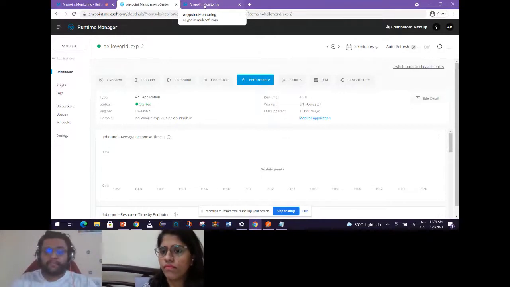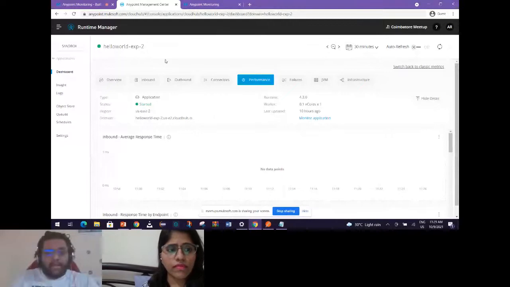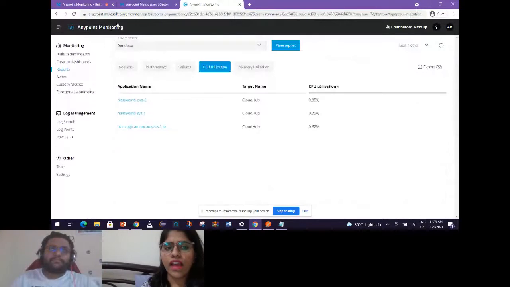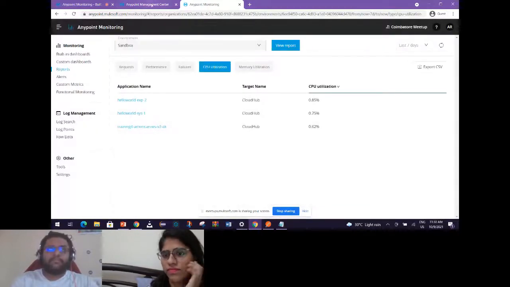I think you need to understand that CloudHub is a runtime, and the Anypoint platform is a control plane. So you need to have that difference. A thumb rule that you can follow: whenever you go to your Runtime Manager, you can see that this is our CloudHub environment. Whenever we talk about CloudHub, we are generally referring to this Runtime Manager where our applications are being deployed. And the remaining part, all these features, are a part of the Anypoint platform. That is a thumb rule that will help you to understand.